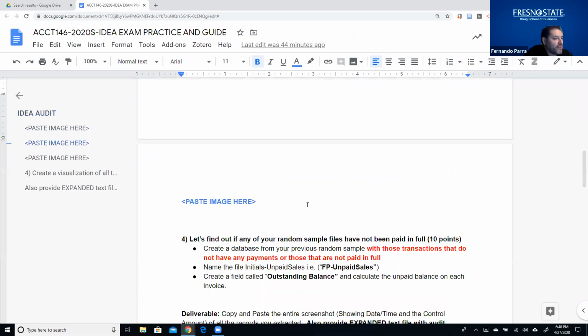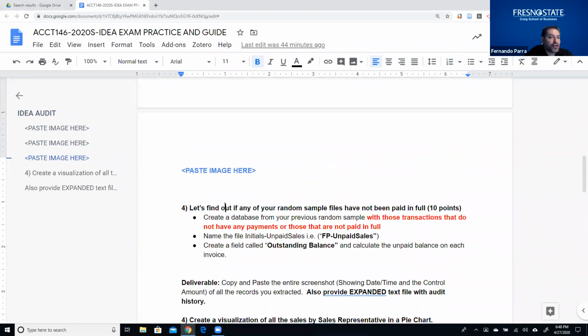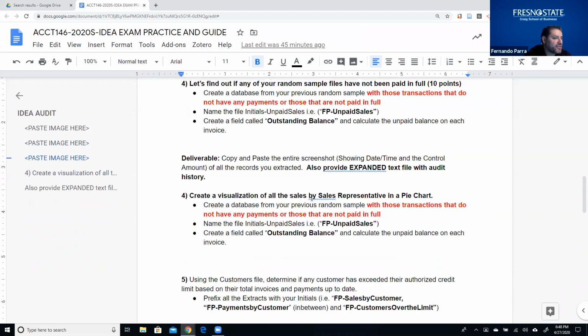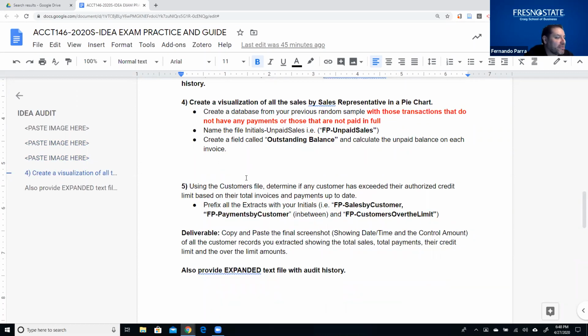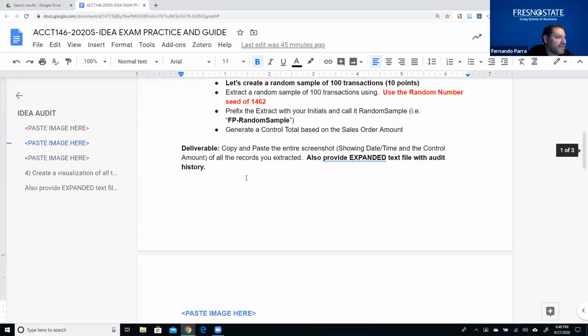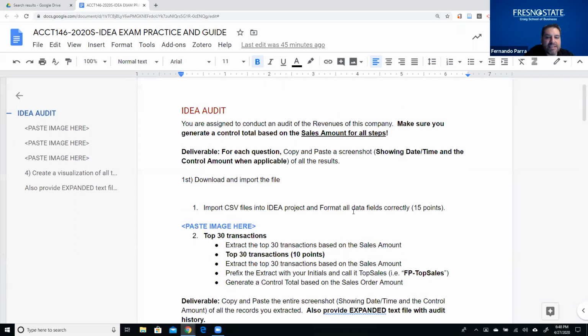You'll have to join different tables to be able to see if they're fully paid or not. This particular example uses the revenue cycle to find out some of the activities. And then I'm going to ask you to create visualizations of the sales representative sales. And then I'll have a couple of extra ones that are not necessarily displayed here. But this is really good practice, because if you are able to do this, you'll pass the exam with 100,